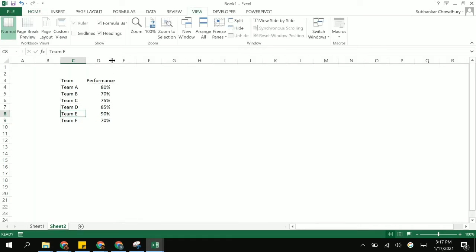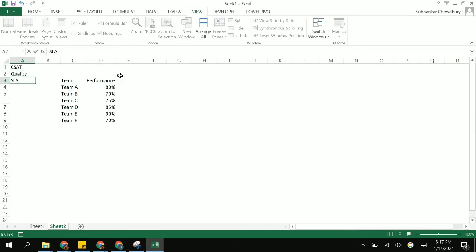It can be a CSAT performance, it can be quality, it can be SLA, anything that your business is being gauged on. So these are the teams. I can do it team wise, location wise, I can break it down into shifts, regions, workflows, anything.